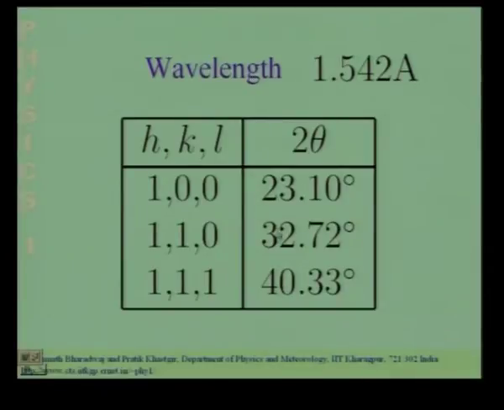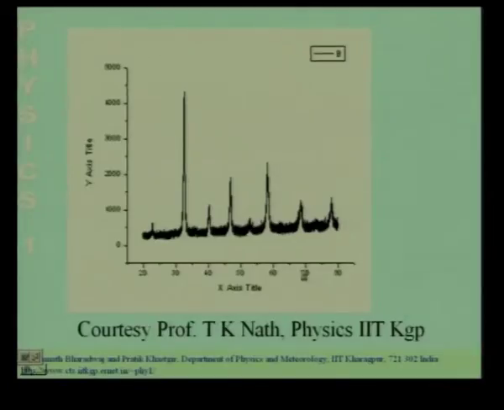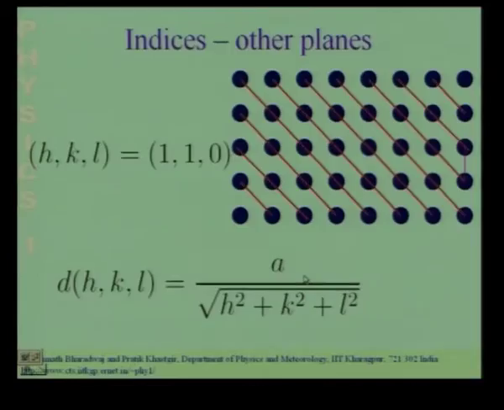interatomic spacing using this data. Each of them you can interpret, the first one as corresponding to HKL equal to 1 0 0, the second one as corresponding to 1 1 0, the third one as corresponding to 1 1 1, successively smaller, with larger and larger interplanar spacing. So, as you increase the values of H, K and L, the spacing between these is going to get smaller